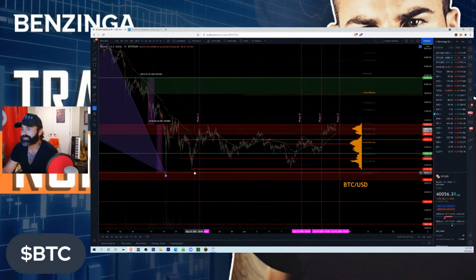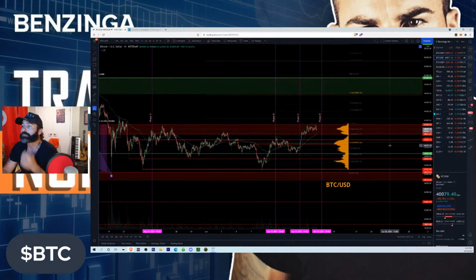We've been chopping around inside this zone. We did call out, after this second bottom down here, that we made that higher low, which implies the accumulation had started in this zone. And since then, we haven't broken it. In fact, we have tested it once and now twice, putting in a double bottom at that 31 zone. And since then, we've been marking up, and we've broken this supply line that had been coming down off of that correction. So if this plays out, we could be looking at a pretty substantial markup for Bitcoin